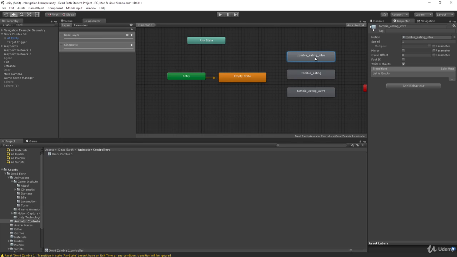Then once it's in the kneeling pose at the end of its timeline, we transition into the eating state. And when in the eating state, it doesn't really matter, we just stay there looping until we're full up, and then we can transition into the outro state. And the outro state, like the intro state, also has to be played out to its entirety to make sure